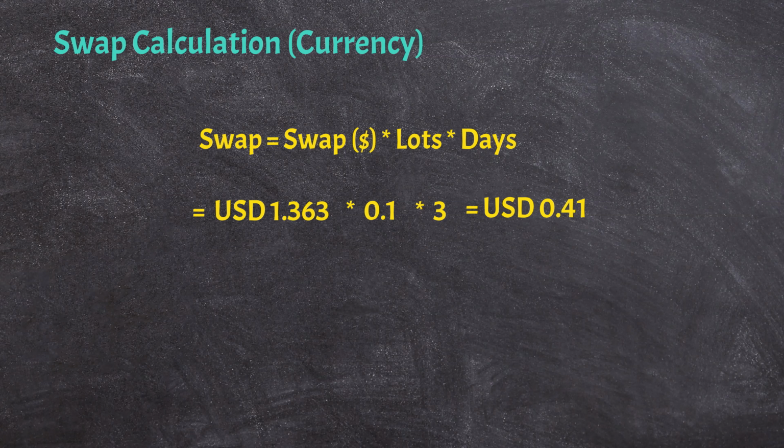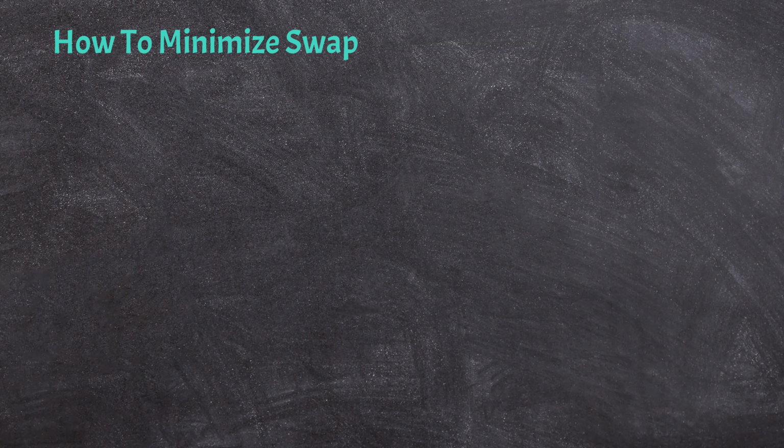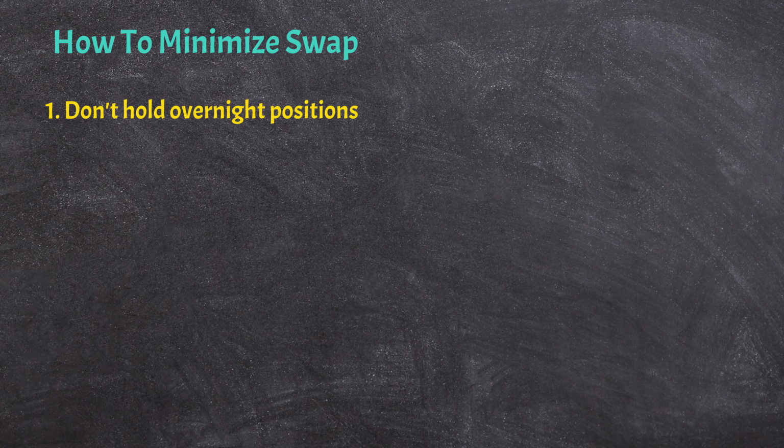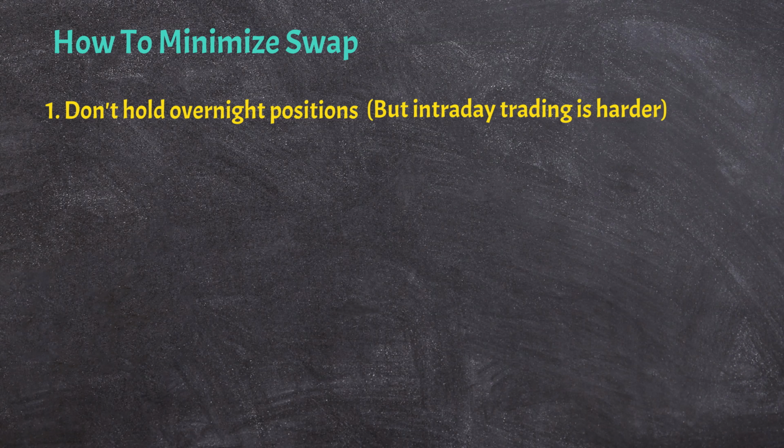So, seeing that most of the time you will incur a swap debit, you must be wondering how you can minimize swap costs. The best way to avoid swaps would be to trade intraday, meaning you close all your positions before midnight. Nonetheless, I can't recommend switching up your trading style just for this. Intraday trading requires the most entry and exit precision and could be impractical for part-time retail traders. Do some broker shopping to compare transaction costs. Some brokers peg their swap rates to those of competing brokers, hence swap rates tend to be quite similar, with spreads and commissions usually making more of a difference.